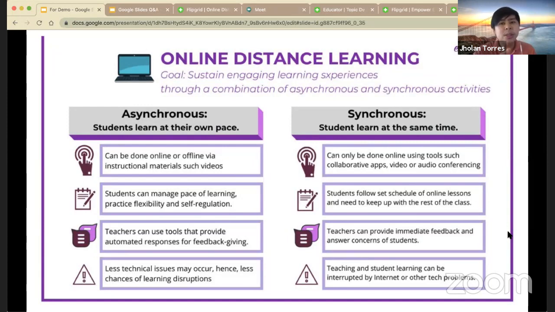Pwede siya. You can address it during synchronous kasi pwedeng basahin mo muna lahat ng questions nila. Then you do the structuring, then make sure na i-collate mo sila lahat because some of the questions are the same lang. Pare-parehas lang sila. So using this video live session with your students during the synchronous learning, you can address it with your students. Because during the synchronous learning, sabi ko nga sa inyo yesterday, it's less discussion of the lesson. I mean, the formal discussion of the lesson because you already have that in your asynchronous learning, right?